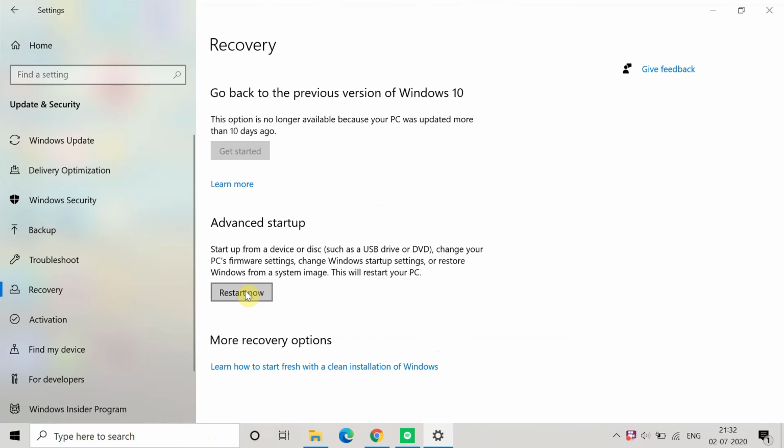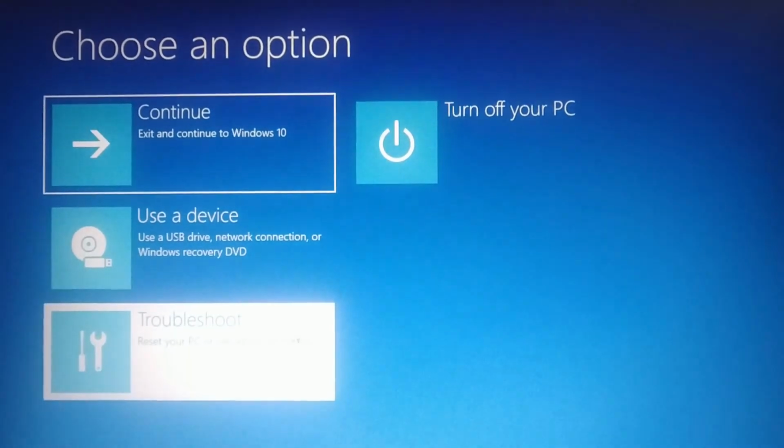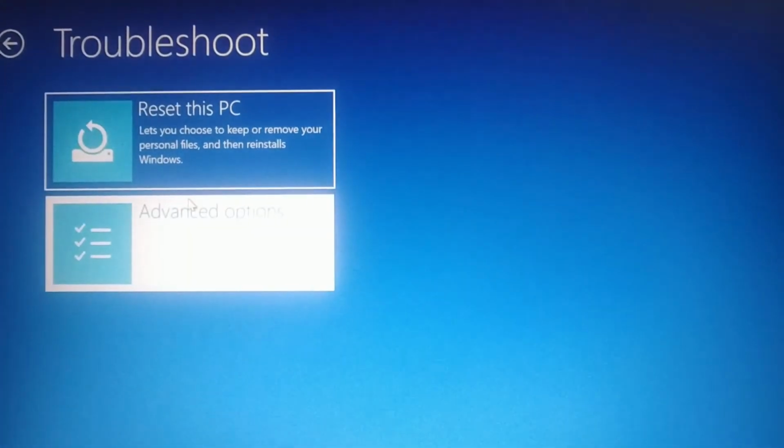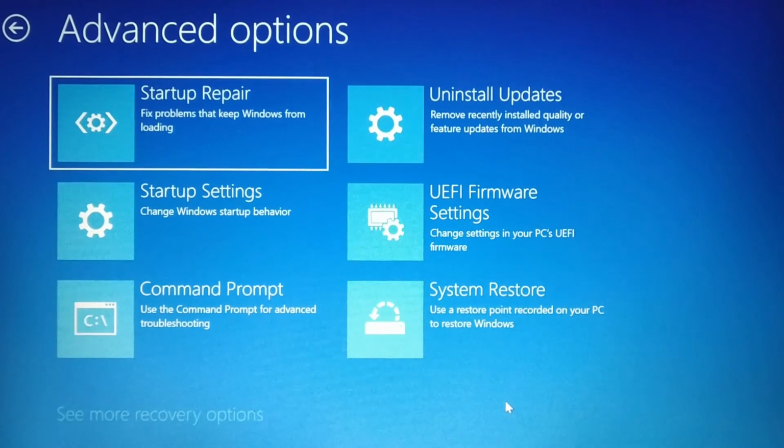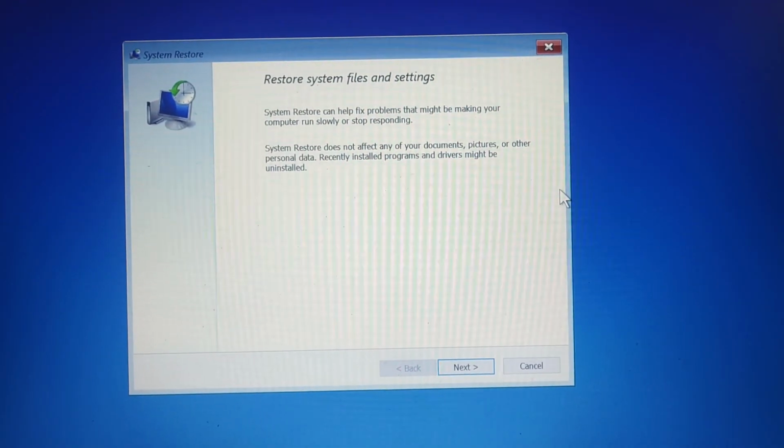Once you click on Restart now, this screen will appear. Click on Troubleshoot and then click on Advanced options. Then click on System Restore. Now click on Next